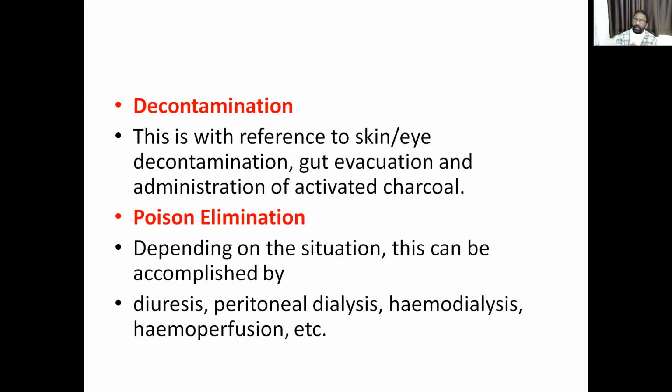Skin will be irrigated for 30 minutes with saline or fresh water. If poison spills into the eyes, it causes a very serious effect. He may lose his sight. So immediately, eye contamination should be cleaned thoroughly with fresh water or normal saline. Skin contamination also should be cleaned by irrigation with water.